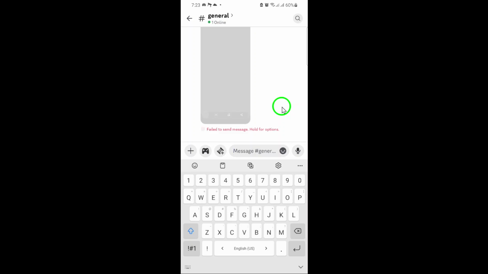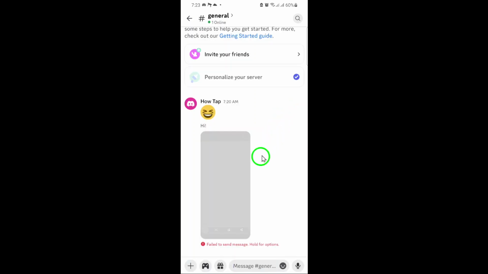With these simple steps, you can easily send photos to anyone on Discord Mobile, whether you're chatting one-on-one or sharing